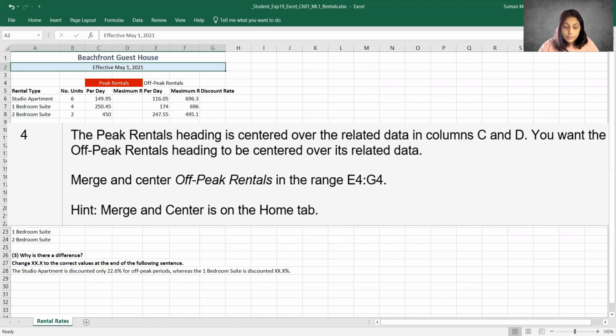Step 4. The peak rentals heading is centered over the related data in columns C and D. You want the off-peak rentals heading to be centered over its related data. Merge and center off-peak rentals in the range E4 through G4.